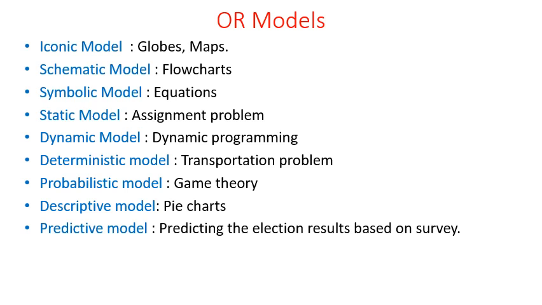A predictive model is something which predicts, for example the election results based on a survey, or the course of action for a particular problem, or the behavior of a particular system, how it will actually behave in a particular condition. We can predict. Such a system is called a predictive model. One example is predicting the election results based on a survey. You have these exit polls. These are all types of predictive models.